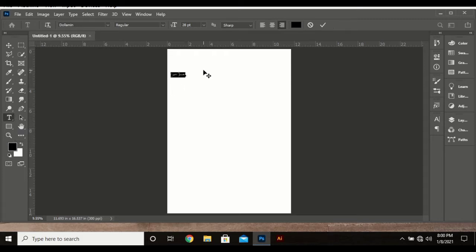After clicking on it, you just come to wherever you want to click, and when you click once, it gives you a point text that's in one line. With that, you type whatever you are typing. For instance, I'm typing geographics,